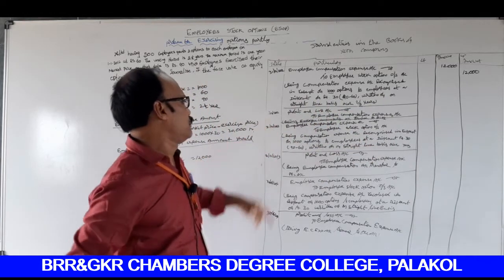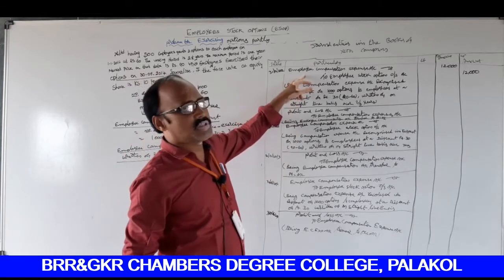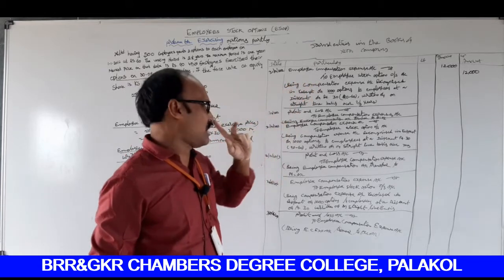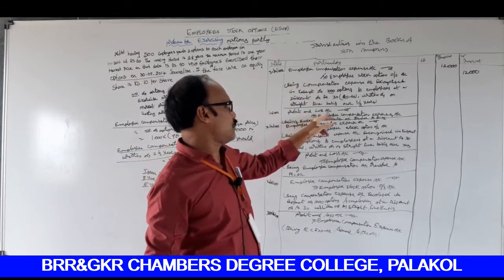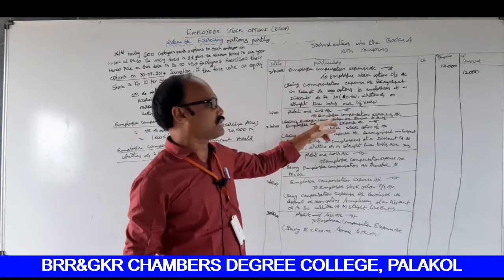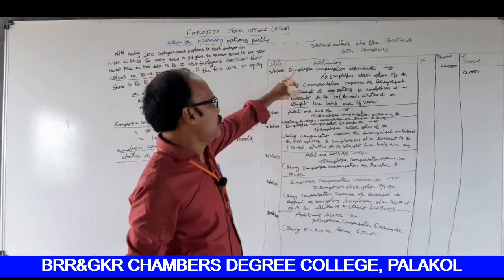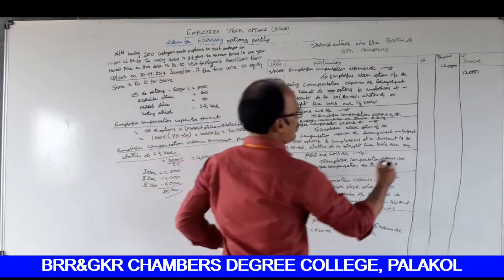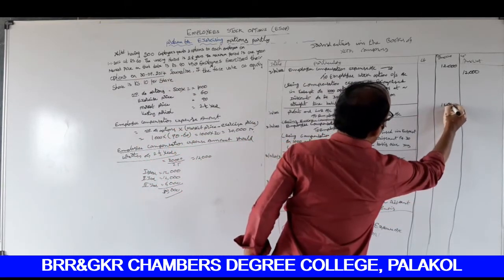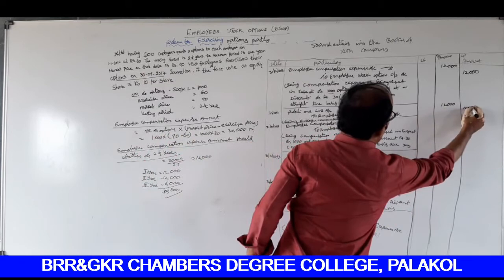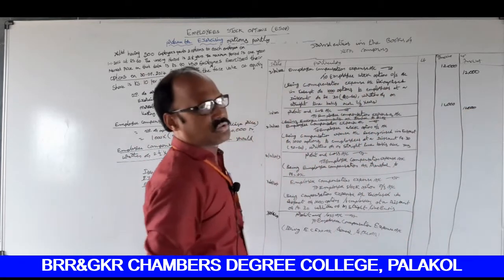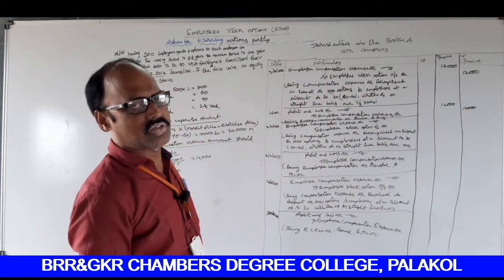Okay, next, this compensation expense amount should be transferred to profit and loss account. Profit and loss account debtor to employee compensation expense account. This amount has to be transferred to profit and loss account. That's why 12,000, 12,000. So for the first year, the two general entries are over.